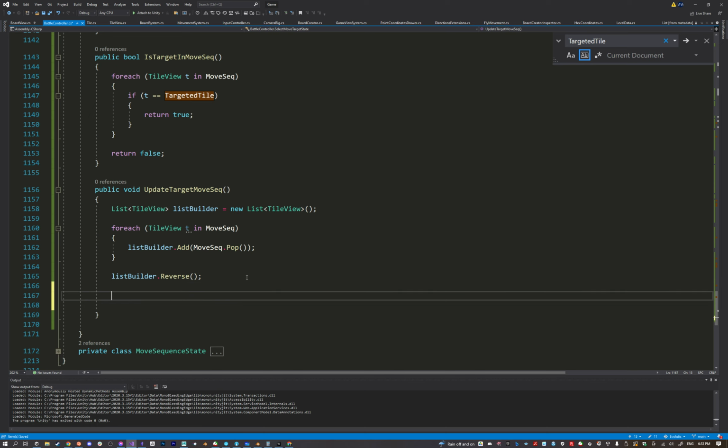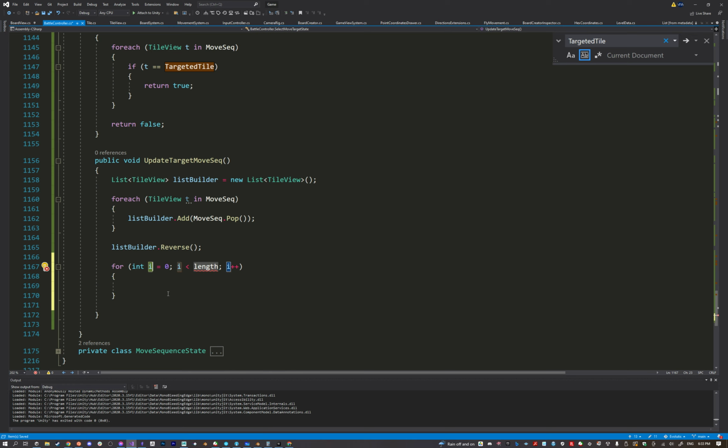I've been adding, popping, reverse. Yeah, that'll do it. Then what I'm going to do is I'm going to do one of these because I want the index. And I'm going to go through it until, that's what I'm going to do. I'm going to go and then I'm going to do list builder dot count, and then I'm going to go ahead and do